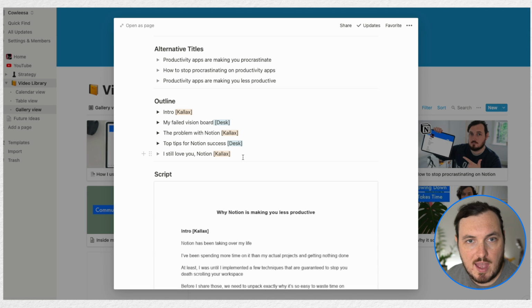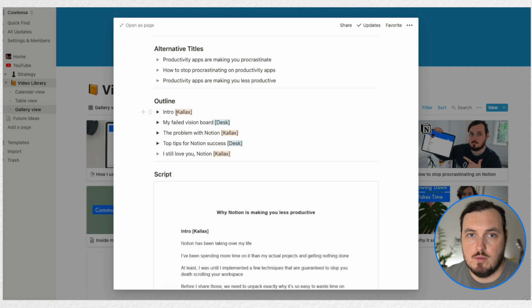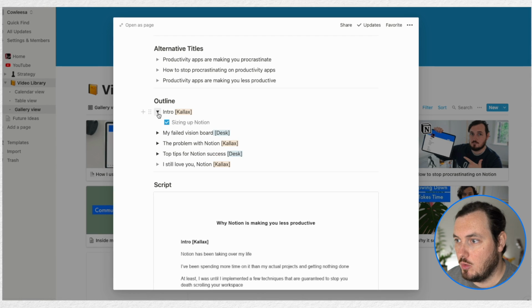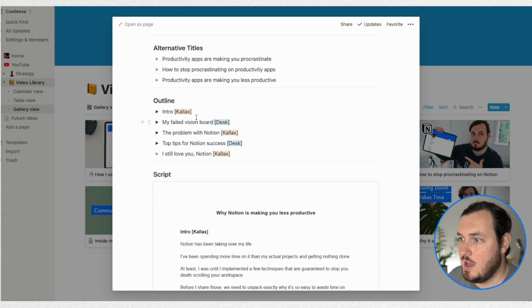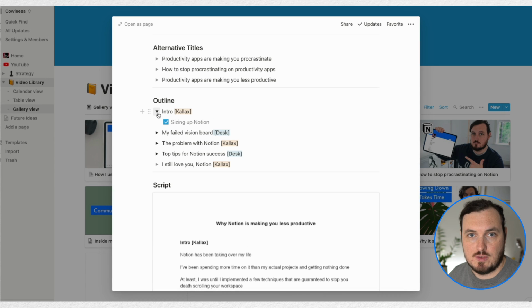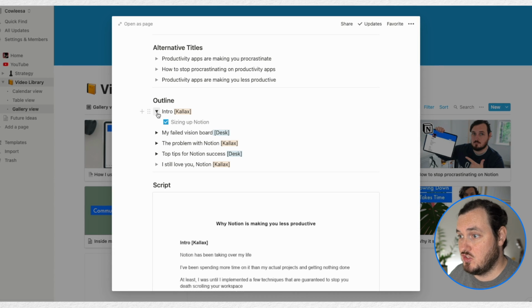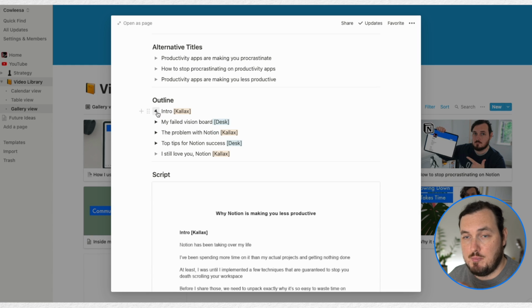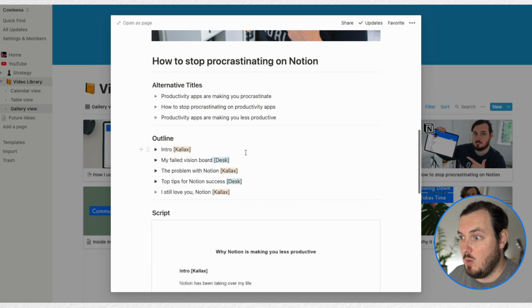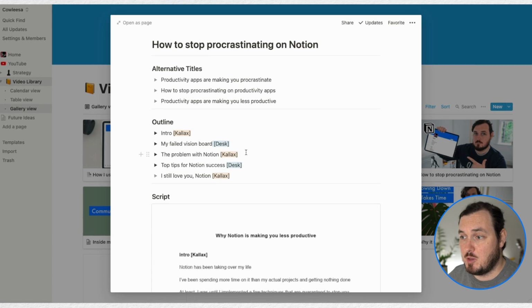For a video like the one in question here, which is why Notion's making you less productive, I felt that the script had to be a lot tighter than one such as this video, for example. So what I did was I actually just used the drop down buttons as B-roll shots, and you'll see that I kind of coded each of the different sections with which scene or which shot that I wanted to take from the different areas of this room, and I arranged the B-roll into the categories where I thought that they would fit the best. And that's because for this particular video I actually wrote the script in Google Docs.